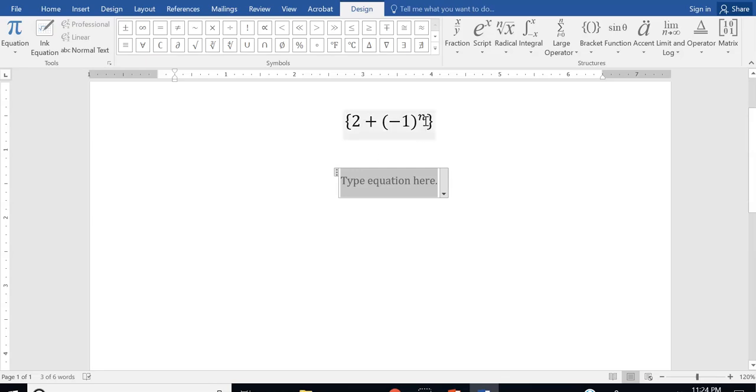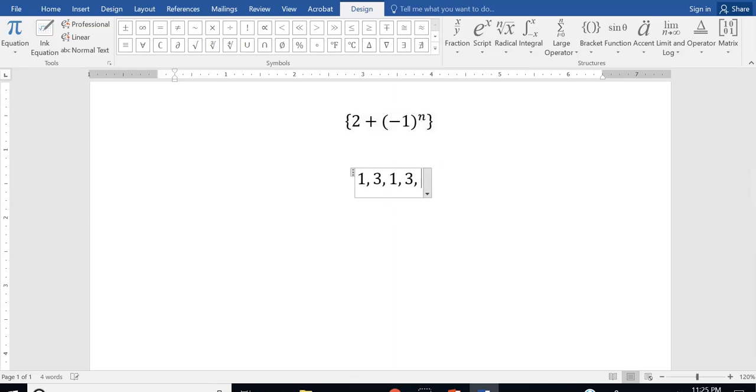When you plug in 1 for n, you get 2 plus -1, so you get 1 as your first term. When you plug in 2 for n, this -1 squared becomes a +1, so you end up with 3. When you plug in 3 for n, -1 to the 3rd power is just -1, so you get 2 plus -1. You get back at 1. When you plug in 4 for n, -1 to the 4th power is a +1, so you end up with